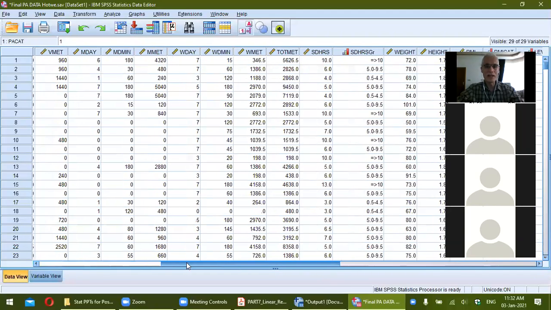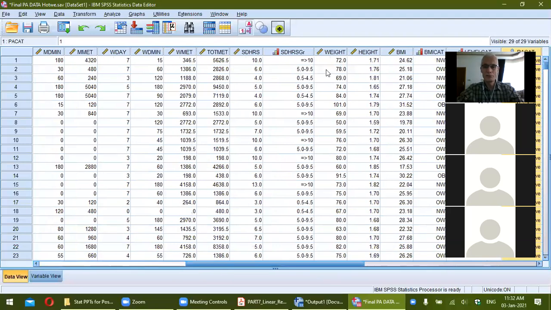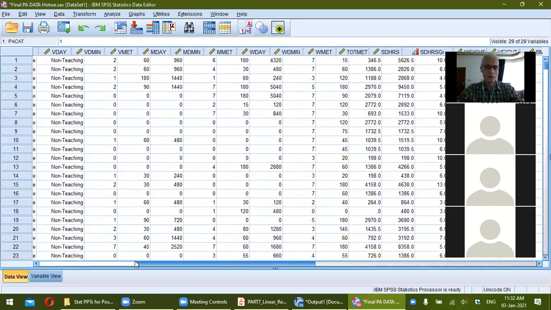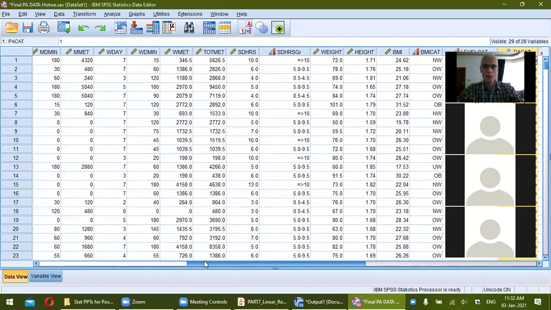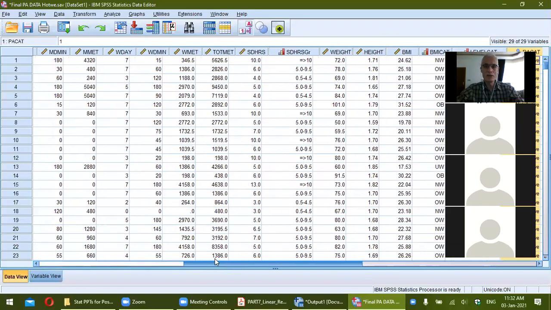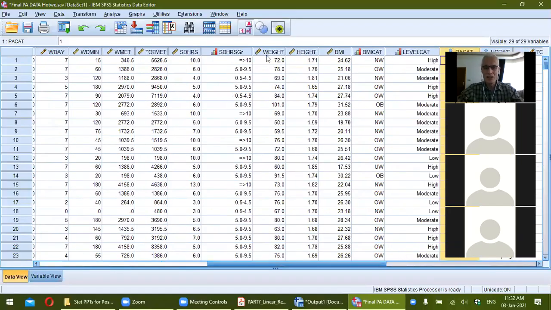Here I also have weight and height for about 539 workers in offices, in governmental offices. So this is their weight and height, okay? Their age range is from 18 to 65. Of course, later on I also calculate body mass index from the weight and height, but let us see how